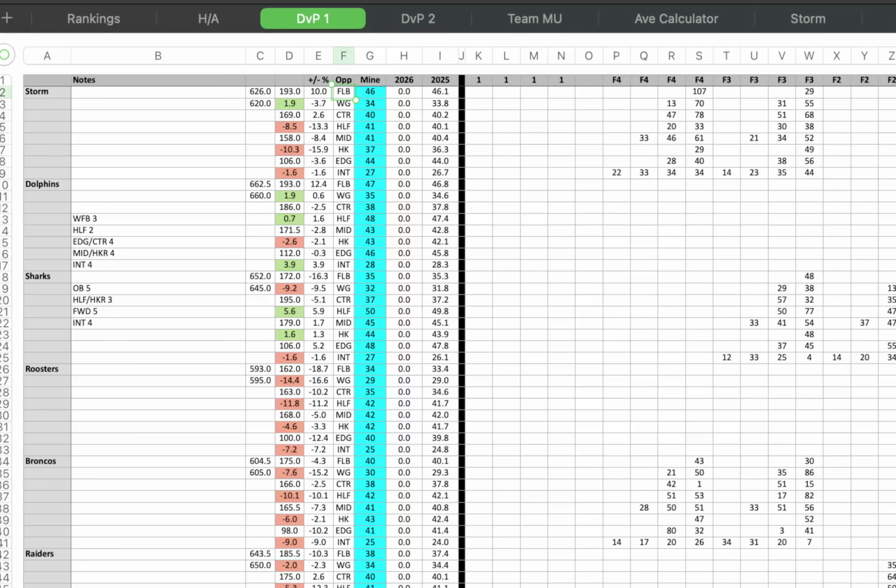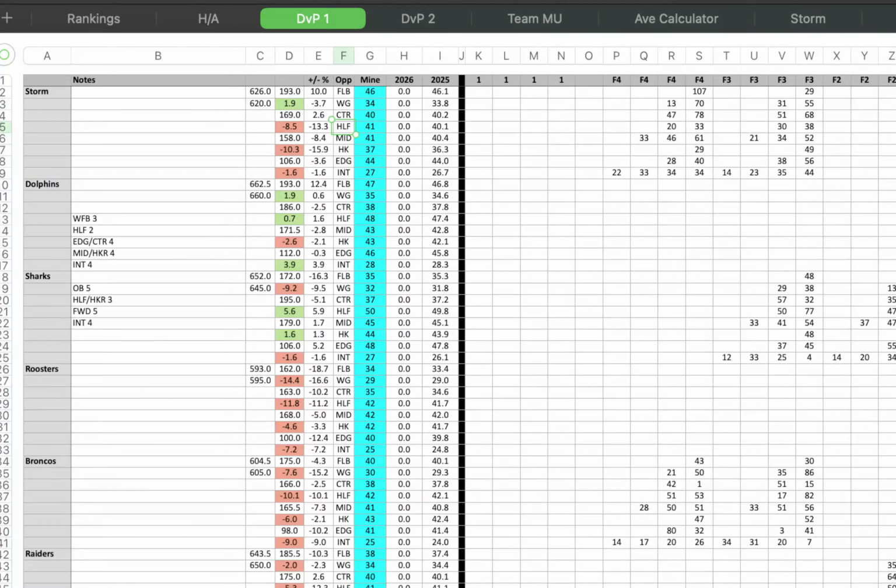DVP, I've got it broken up into smaller positions in the NRL because positions are less subjective. Everyone's named in a certain position and they play there. Not as much guesswork. But then I pull fullback, wing, centre, and I come up with an outside back number out of that, and all outside backs get that percentage.